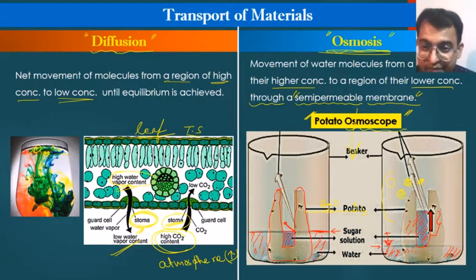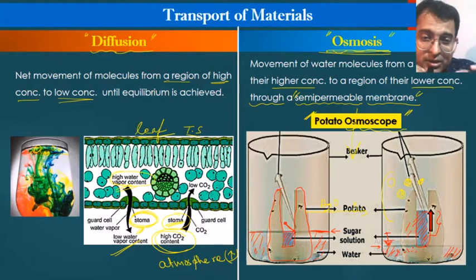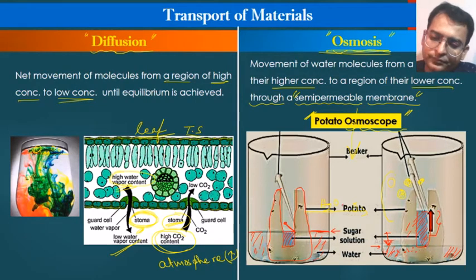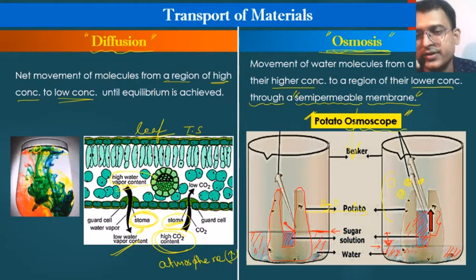So you can consider this to be a semi-permeable membrane. Semi-permeable because it is not allowing everything to pass through. It is only allowing some things. Here it is allowing the water to pass through, but it is not allowing the sugar to come outside. Or if you add some sugar outside, that cannot go inside the potato. So the water molecules moved inside, and as a result the level of the water inside the potato has increased. So here there was a process of osmosis.